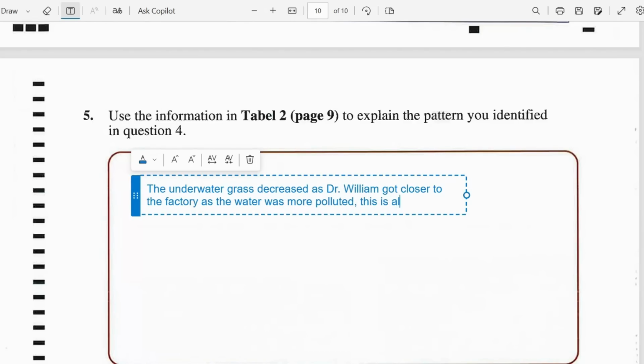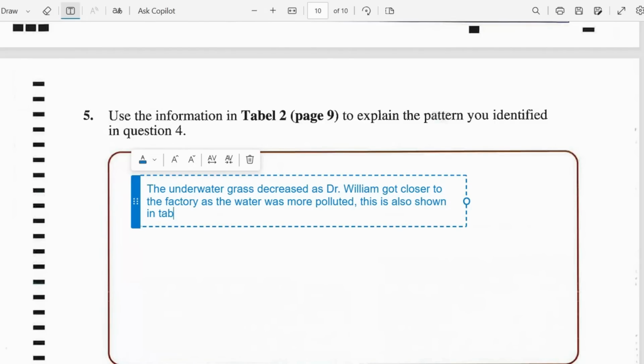This is also shown in table, or confirmed table 2, as the site closest to the factory had